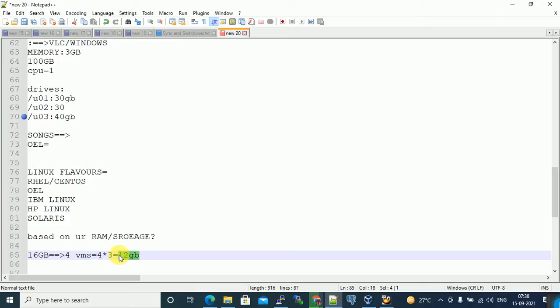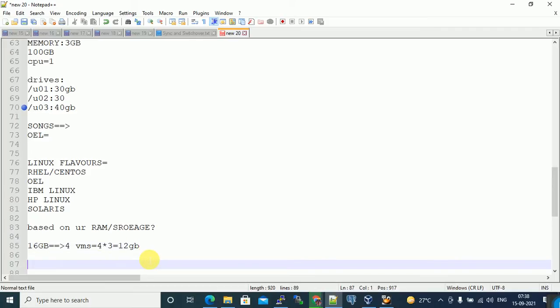You can create more if you have, in an office, something like 150 GB RAM. There they can create n number of virtual machines. In real time, how much memory does a server have? Server means laptop only. Each and every server will have memory, hard disk, and CPU. This laptop is one of the servers only. So in real time, some of the servers have 100 GB RAM.